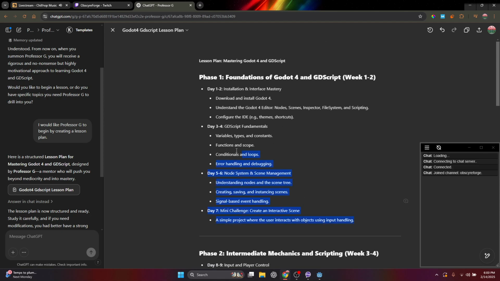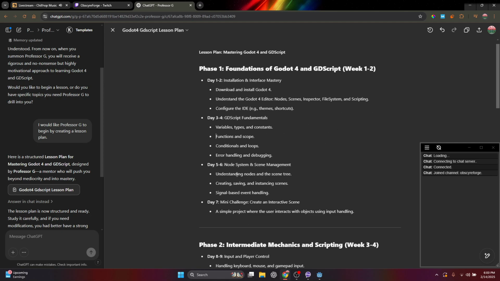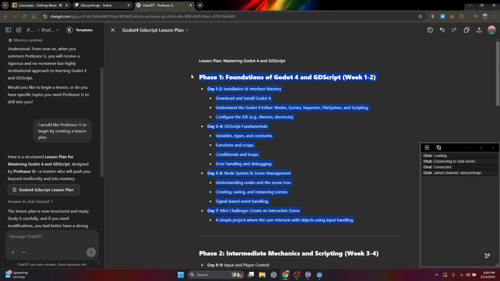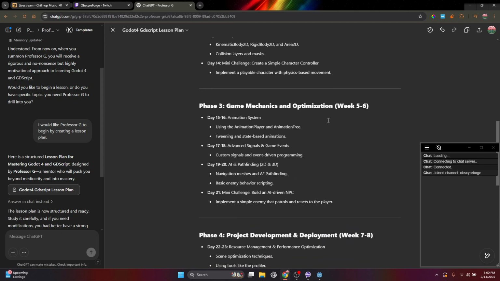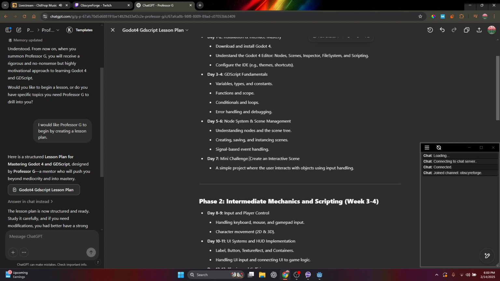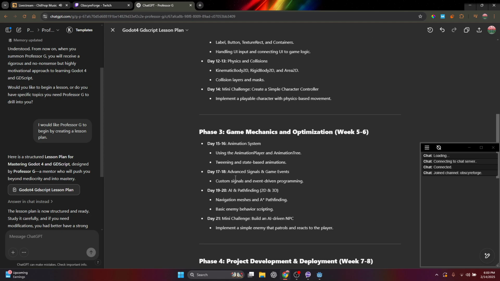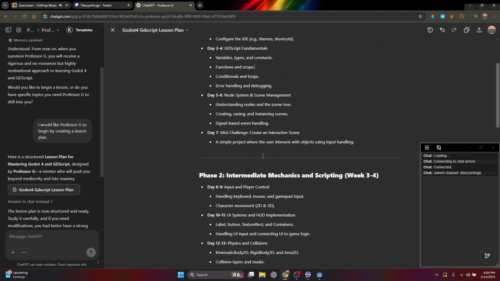So likely we can get a lot of this done in one session, but that's not too much of a problem. I didn't really specify a time frame for the lesson plan, so it's kind of going with its own. I'm already allocating a decent couple hours into this, so I have a feeling we can get through a lot of this in a couple hours. So the time frame is a little long for us, but that's not too much of a problem. We can always expand upon this lesson plan later, or provide it back to ChatGPT and